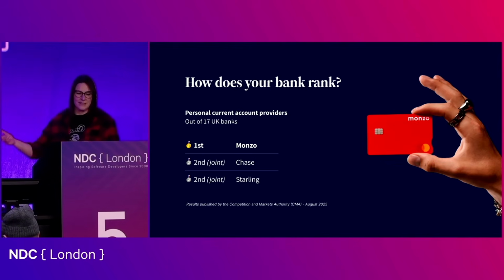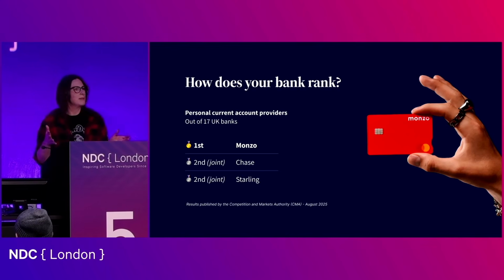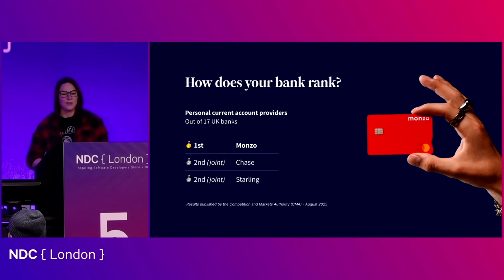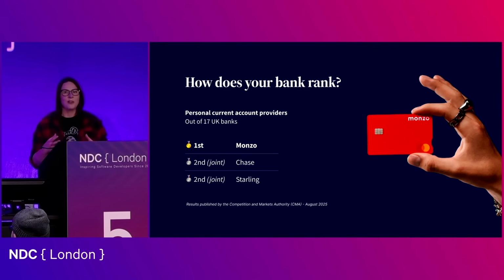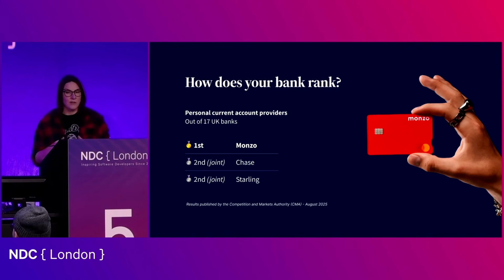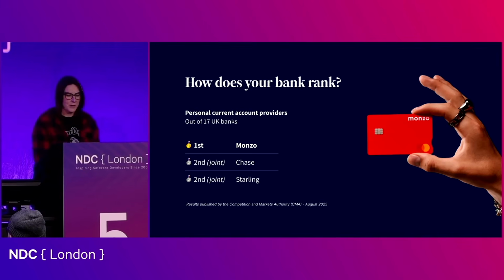Using banking as that example, so I use Monzo. I'm sure there are many people in here that do as well, yeah. It doesn't really have any direct customer service. It has no physical locations, but yet it continues to top bank rankings for personal and business accounts as well, actually. And the reason that I stick with them anyway is that they have a great user experience.